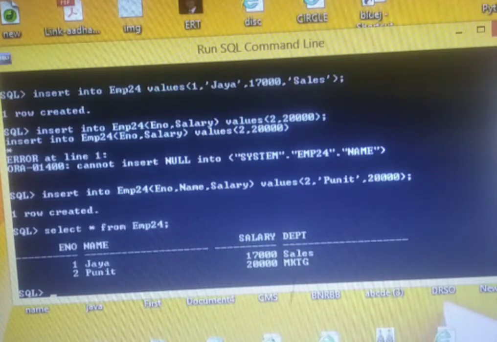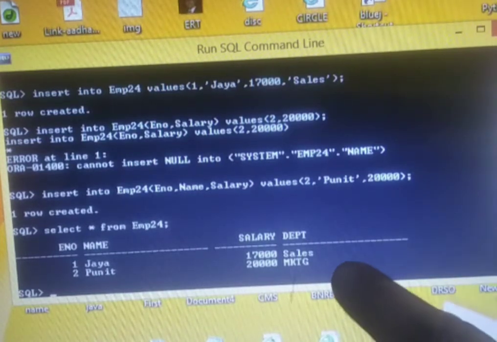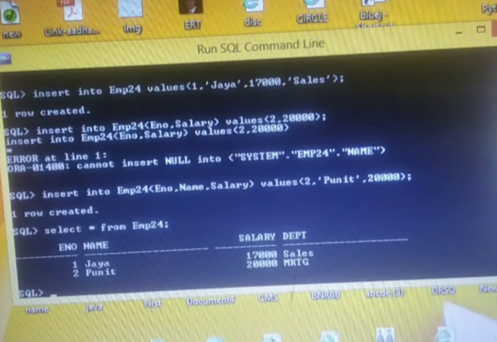So you can look yourself that since I did not provide here the department was marketing, which was a default constraint which I gave in the department, that if the user does not provide any value, it will be replaced by the default value of marketing. Otherwise, it can take some other department which I gave in the first one as sales. So these were the 4 constraints which will help you to control the data according to you as you want.